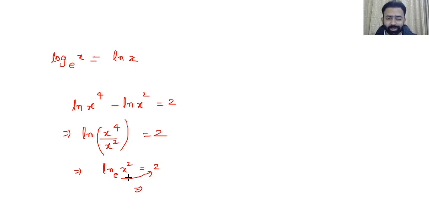And remember, I told you how we remember this: that this e comes under the feet of 2, or 2 is on the shoulder of e the moment we transfer this to right hand side. So it becomes e square. So x square is equal to e square. Okay, we can remove the log from this side the moment we transfer base to RHS. This is how we convert log into exponent. Okay, so as you can see that exponents are same, so bases must be same. So solution for this equation is x is equal to e,